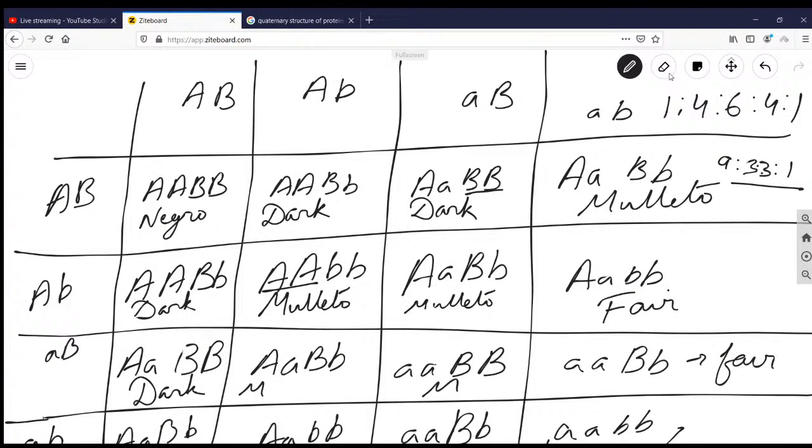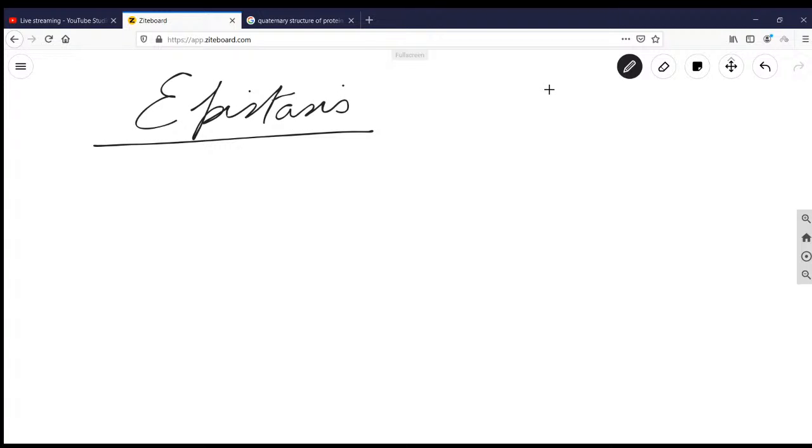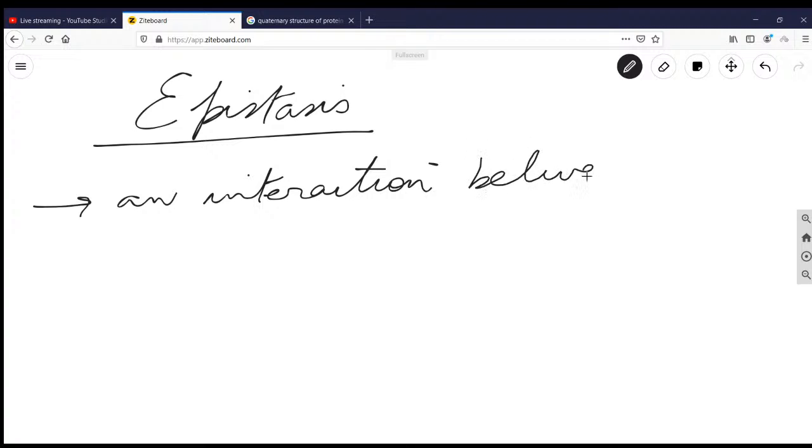Now we'll be coming on to the next topic, which is known as epistasis. Epistasis is a Greek word which means standing over. It was first used by a scientist known as Bateson to describe a masking effect. Masking effect means it is a completely different phenomenon. It's an interaction between a pair of loci, meaning a pair of different genetic locations,